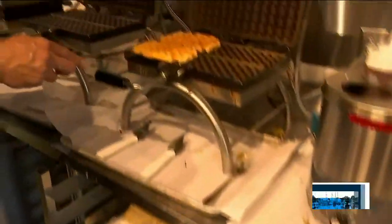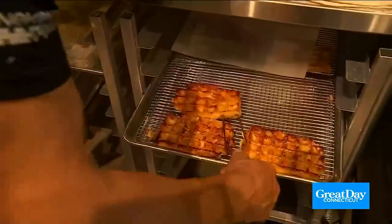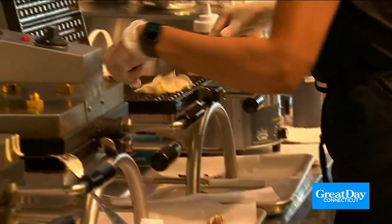And it's beautiful. It's like artwork. Yeah, they're amazing. Once you have one, you're going to want to have another one. You know I'm going to taste them, but first I want to find out a little bit more of how